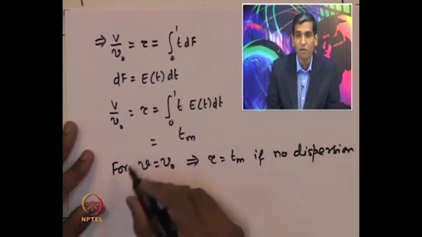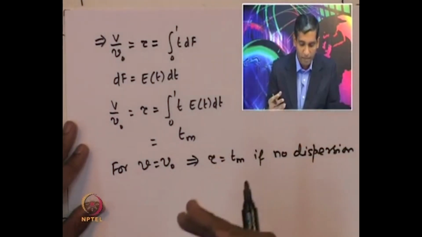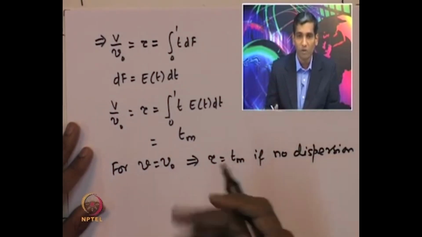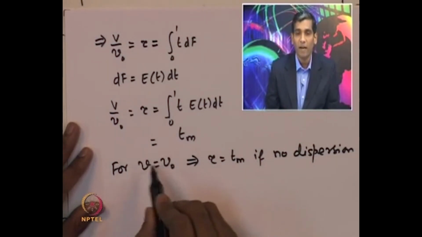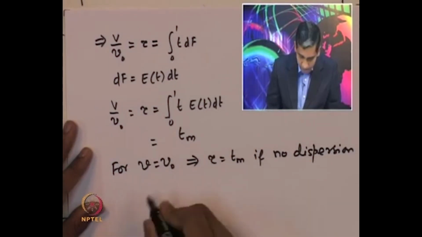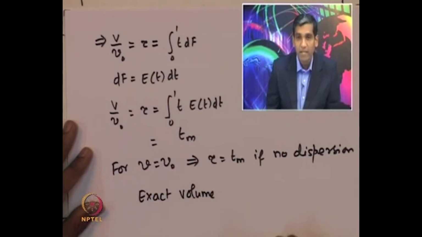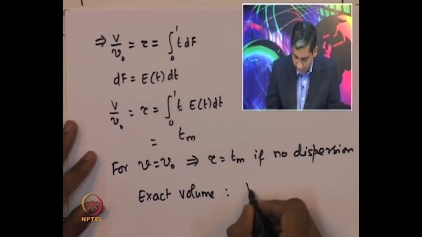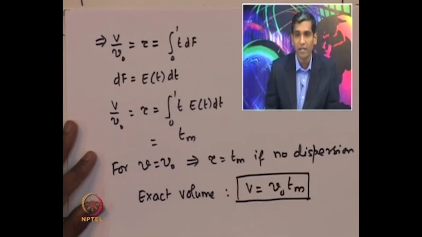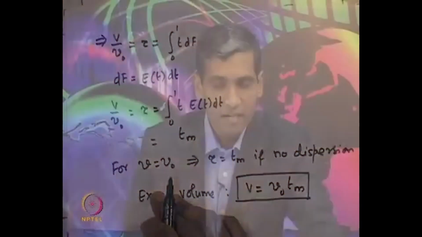And remember that this V equal to V naught is true for gases only if the reactor is operated under constant pressure drop and the temperature is maintained constant, that is isothermal conditions, and if the number of moles does not change because of the reaction. Only under those conditions may the effluent stream volumetric flow rate be assumed constant. Therefore, the exact volume of the reactor, if there is no dispersion, is given by V naught multiplied by the average residence time. So, if the average residence time is known, then we can calculate the exact volume of the reactor in which the